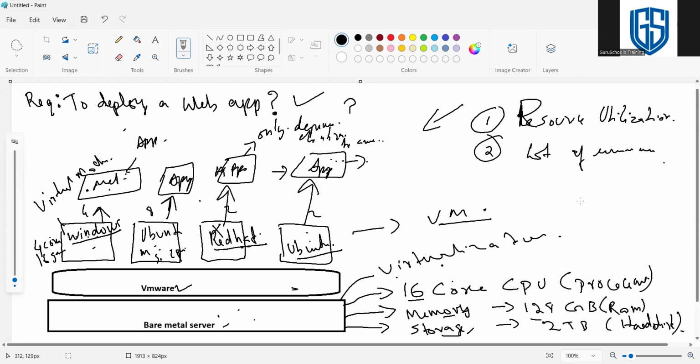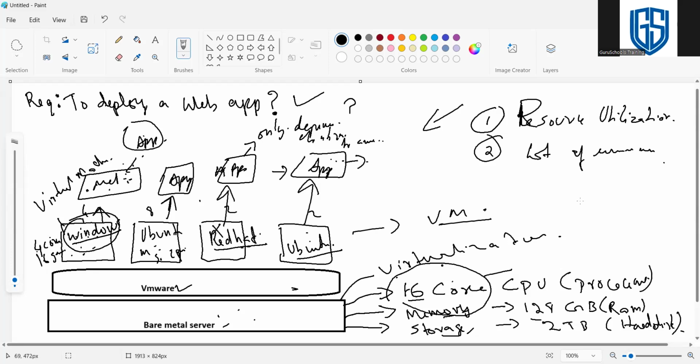So running this .NET application, it needs the libraries and those dependent things only. For the same scenario, we run an entire operating system like Windows. Windows has a lot of services running in the background. That will utilize our resources, and we need to pay for that as well.